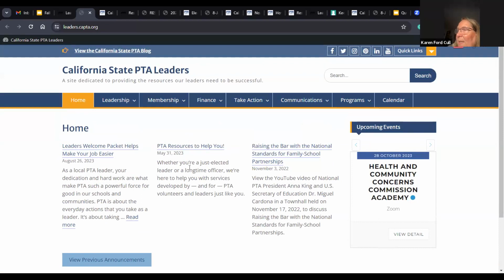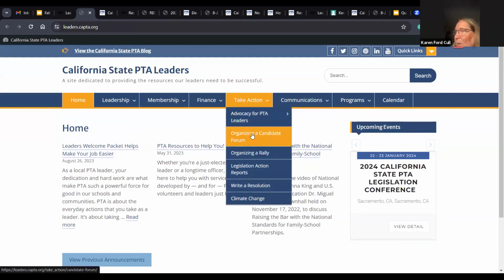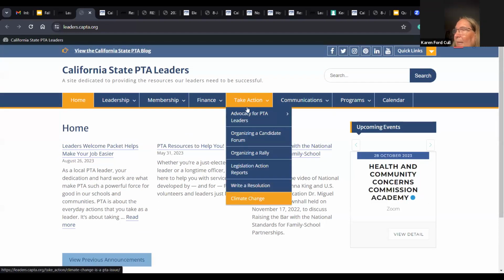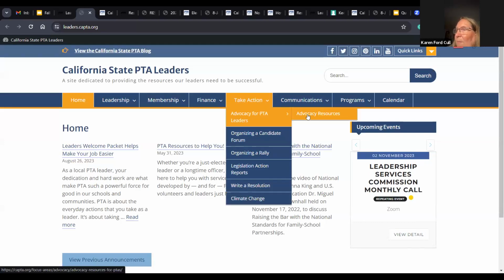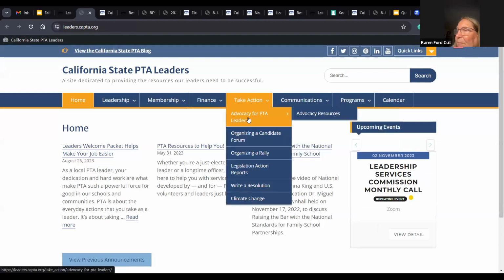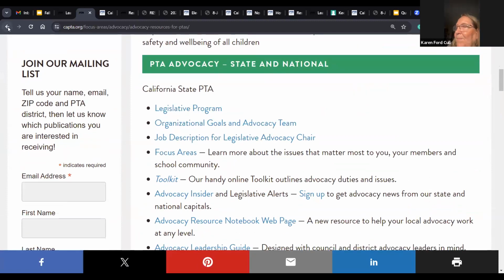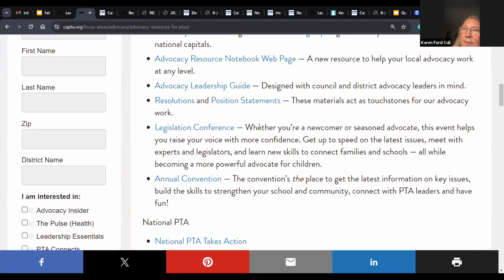So that does show us the same things as we saw before. Under the focus areas, we can find current legislation and position statements. Right now it's a little bit empty, and that's because we're at a strange point in the legislative cycle, in the sense that most of the bills that are current right now are just going across the governor's desk and either getting a yay or a nay.